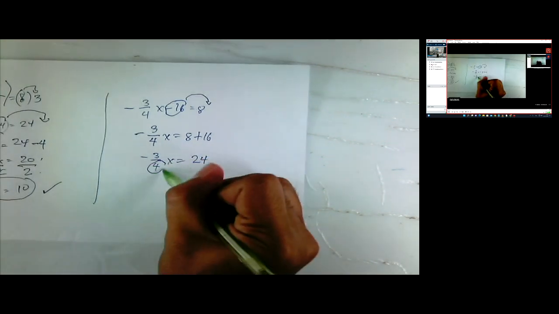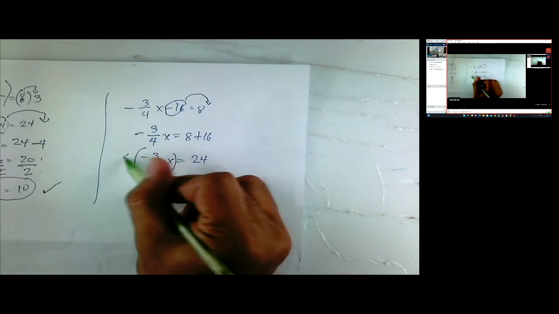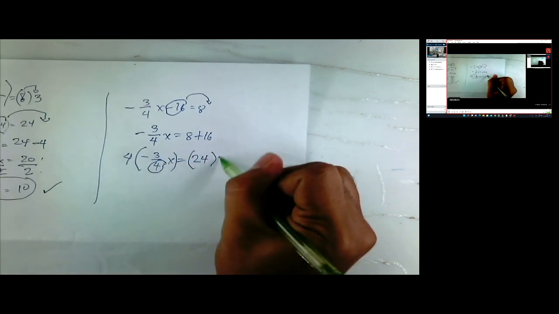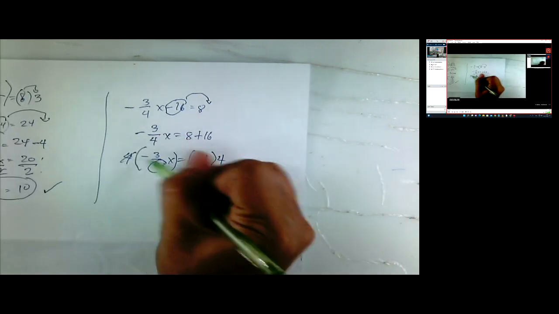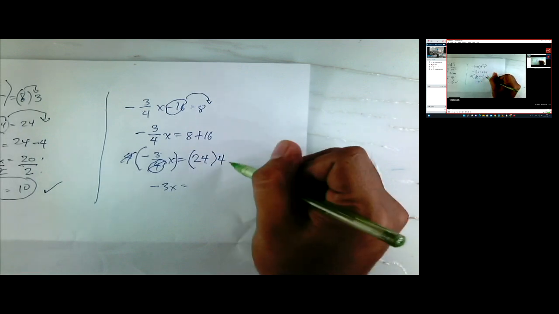Since there is a denominator 4, let's multiply the equation by 4. If you multiply the left side, you also need to multiply the right side of the equation. So we can now remove the denominator 4. And so we will have negative 3 times x, which is negative 3x, equal to 24 times 4,